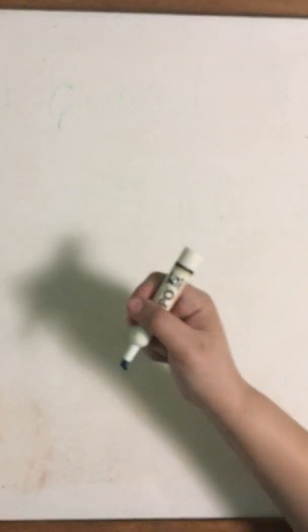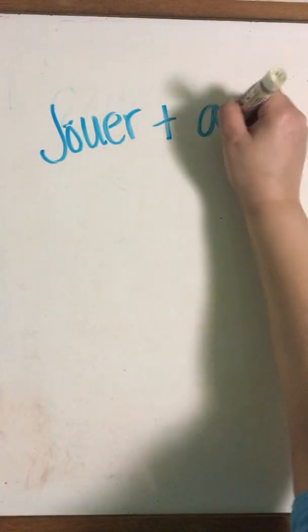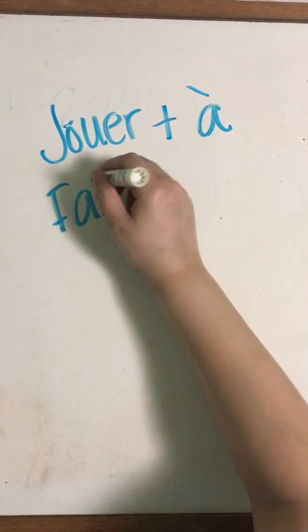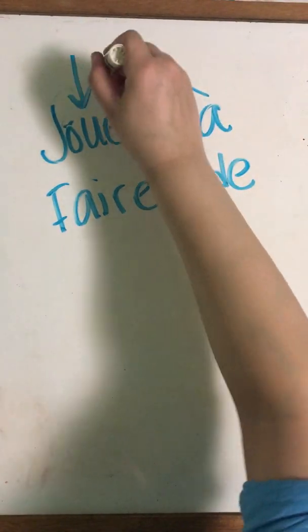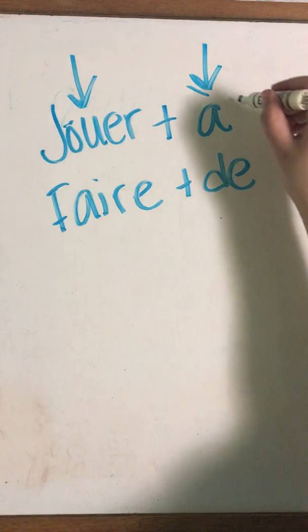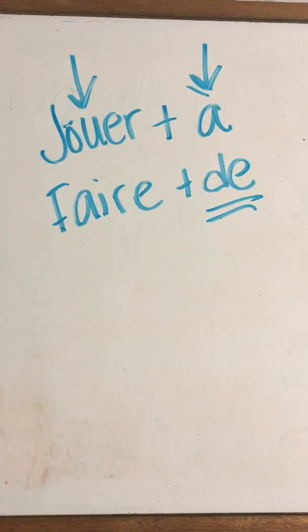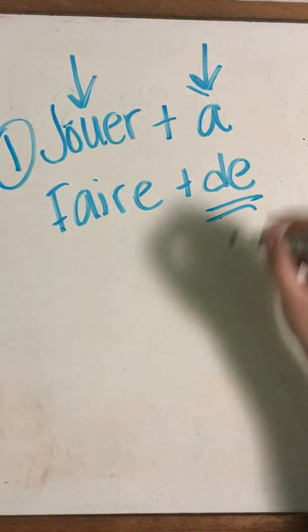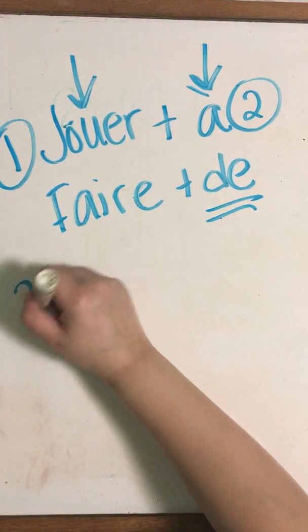All right, so a reminder. I like to summarize. Jouer goes with a. Faire goes with de. And again, you're going to conjugate this. And you're also going to conjugate or change this. There's so many different forms. You're never going to use the a and de. You're going to use the forms that are right here. So there's step number 1 that I want you to remember. Step number 2, I want you to remember. Step number 3,